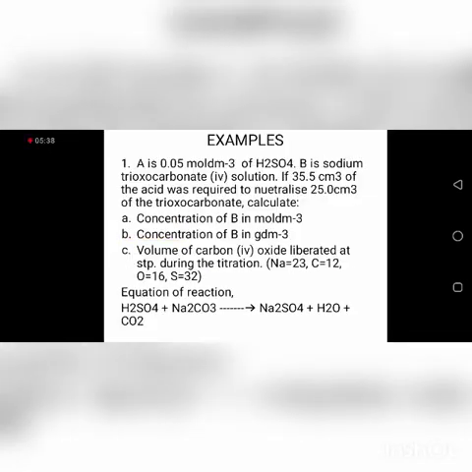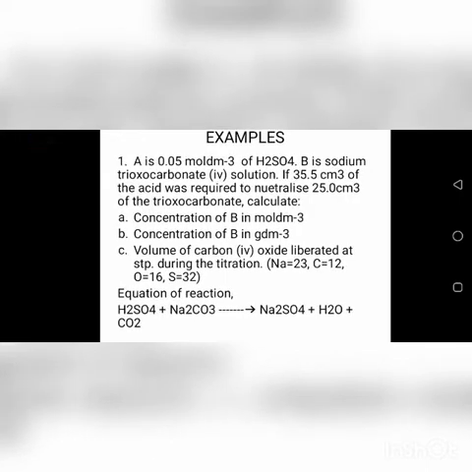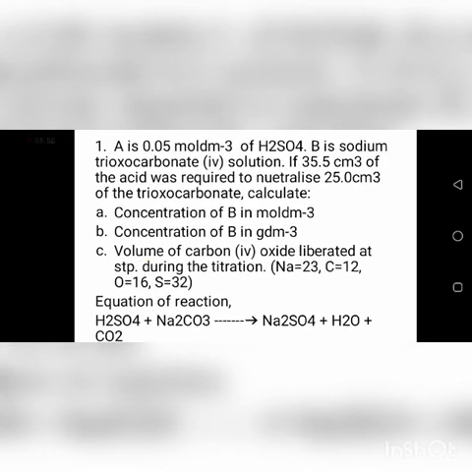So Na and Nb can only be gotten from the equation of reaction after the equation has been balanced. Having understood how to calculate Na and Nb, let's give a particular example to see how we can relate those formulas given above in terms of calculation. Look at this example. This is a standard question. We are given that A is an acid, 0.05 mole per dm³ of H2SO4. B is a sodium trioxocarbonate(IV) solution. If 35.5 cm³ of acid was required to neutralize 25 cm³ of the trioxocarbonate(IV), calculate